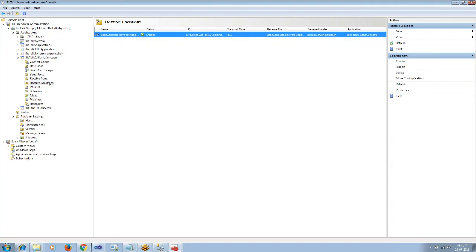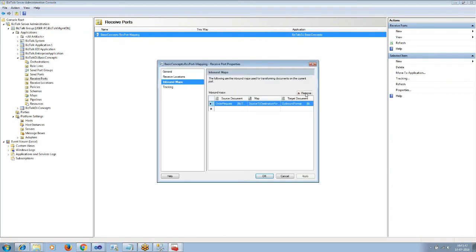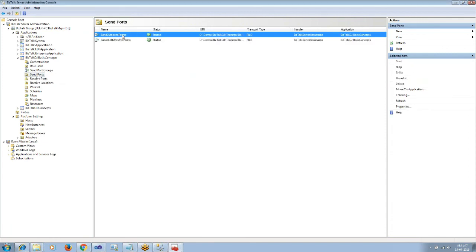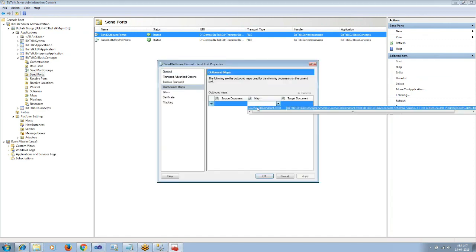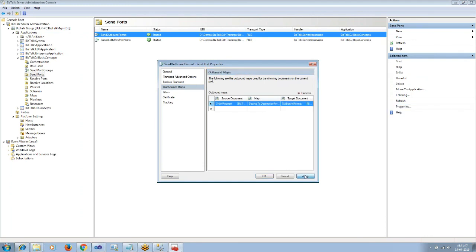Let me remove the inbound mapping done at the receive port, and I will go to the send outbound format port. I will add an outbound mapping. As the inbound mapping is removed, now I have to change the subscription property of the send port.